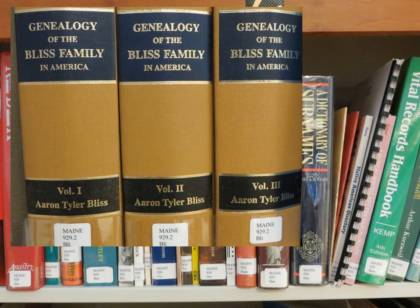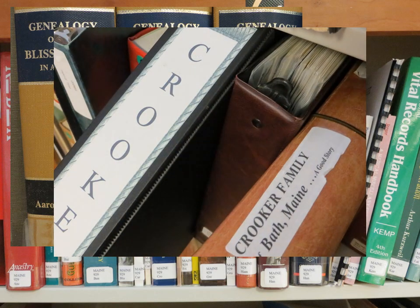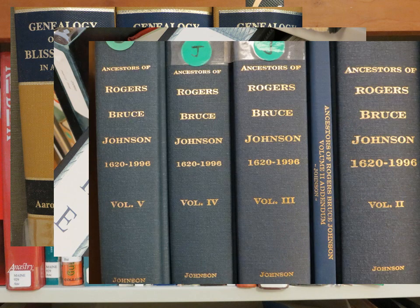Some of these books are formal publications. Some not so much, but collections of information and research that a family member has collected over years. There are self-published histories, photocopies, or typescripts, meaning a typed rather than handwritten document, copies of those family-created binders, volumes that begin with a single individual and delve into all of the descendants,